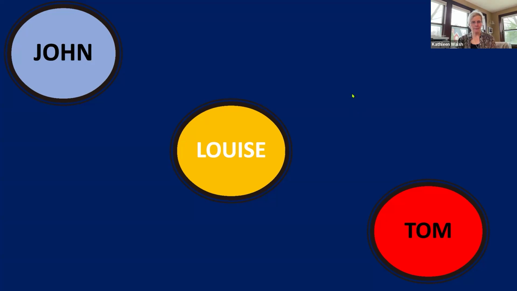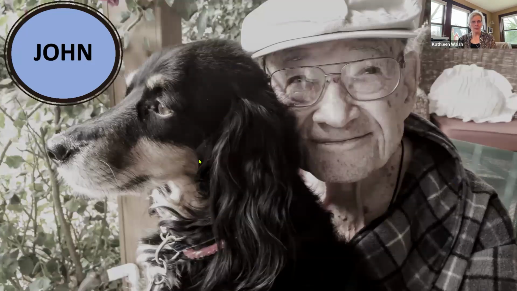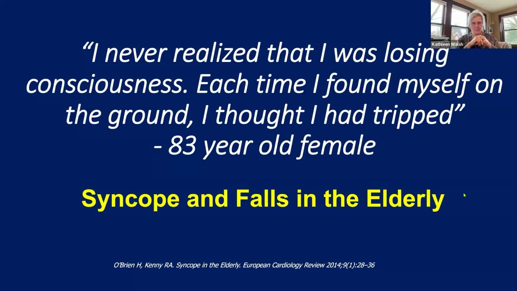So we get to John. Remember, John was passing out, actually he was falling, sorry, I just gave you the hint there. He was falling in his room. He's in assisted living. And then they caught him on camera in the hallway coming in, or the entryway. John was actually syncopizing. He was going out. He was having loss of consciousness. Let's get to the next slide, please.